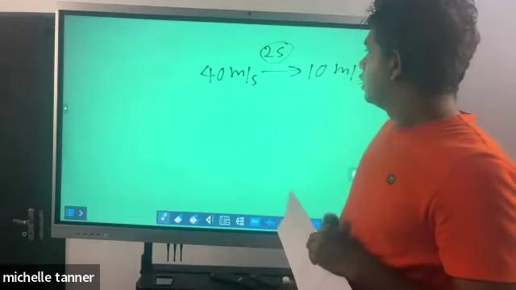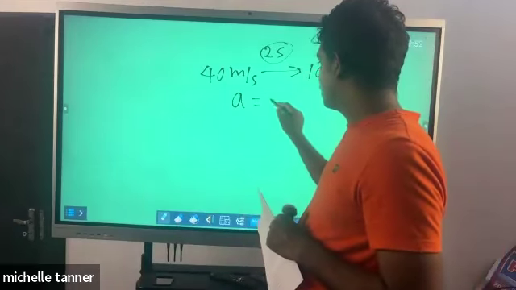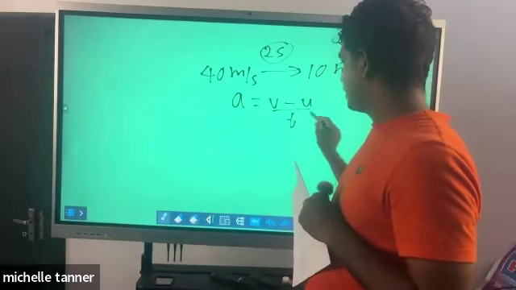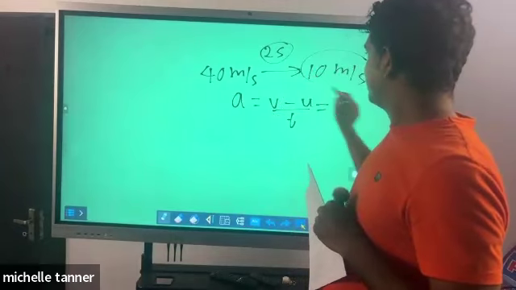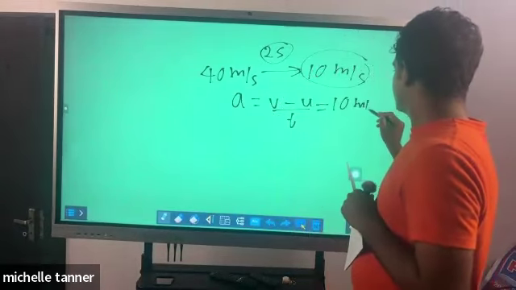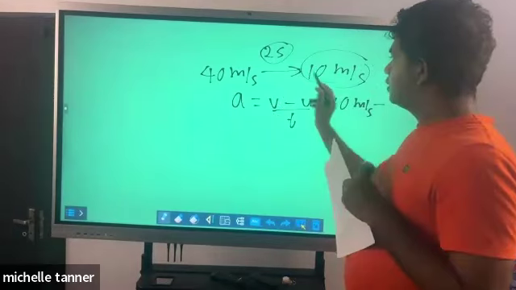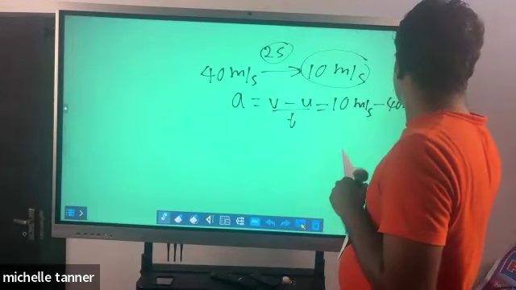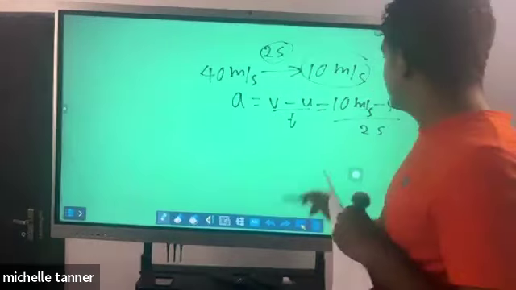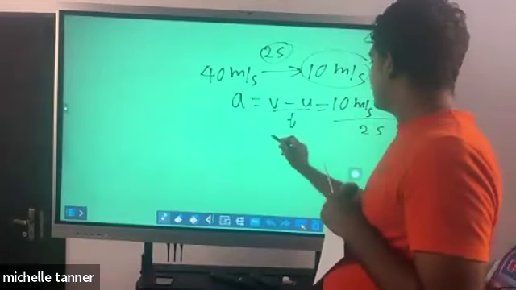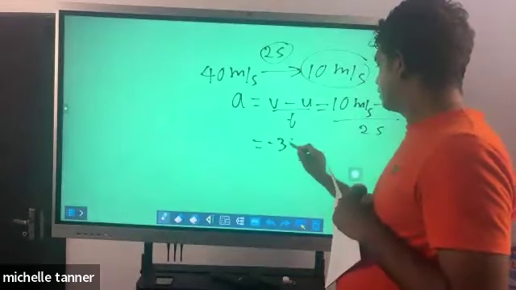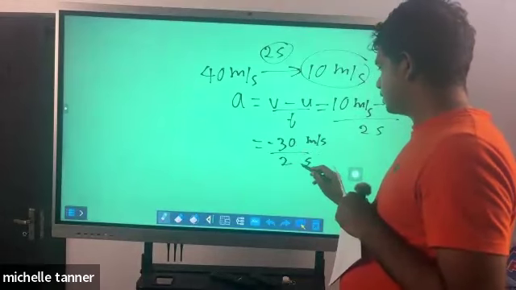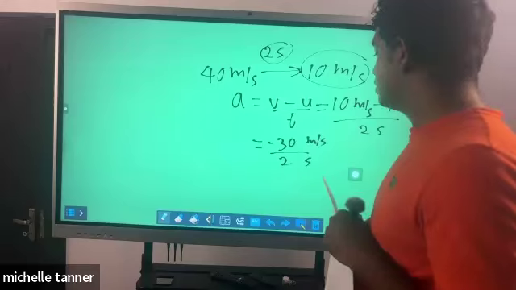Then what is the equation for the acceleration? Final velocity minus initial velocity divided by time. Final velocity 10 meter per second minus initial velocity 40, divided by 2 seconds. Then 10 minus 40 means minus 30, divided by 2 seconds, gives minus 15